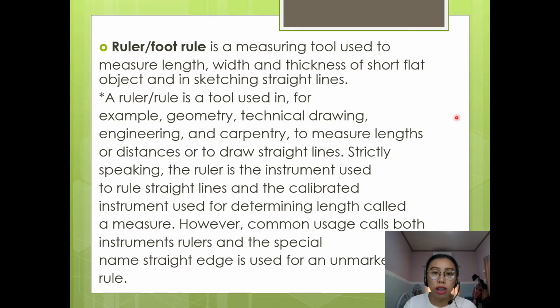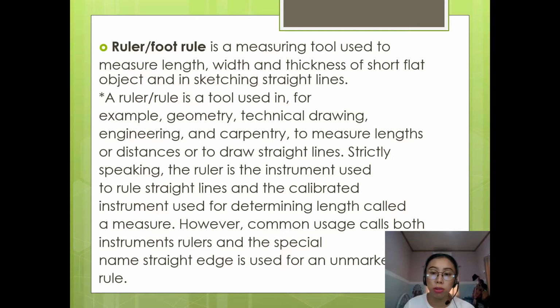Ruler or foot rule. It is a measuring tool used to measure length, width, and thickness of short flat objects and in sketching straight lines. A ruler or rule is a tool used in, for example, geometry, technical drawing, engineering, and carpentry to measure lengths or distances or to draw straight lines. Strictly speaking, the ruler is the instrument used to rule straight lines, and the calibrated instrument used for determining length is called a measure. However, common usage calls both instruments rulers, and the special name for straight edge is used for an